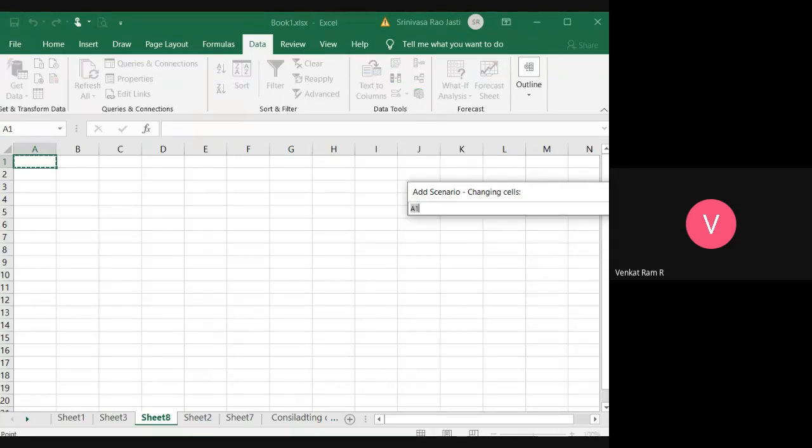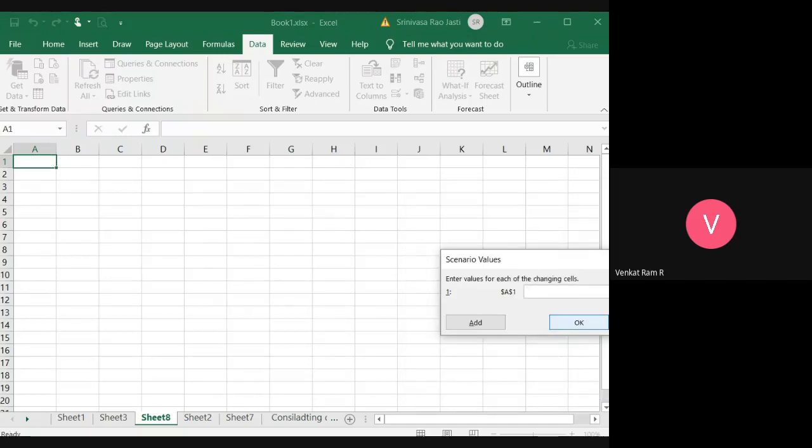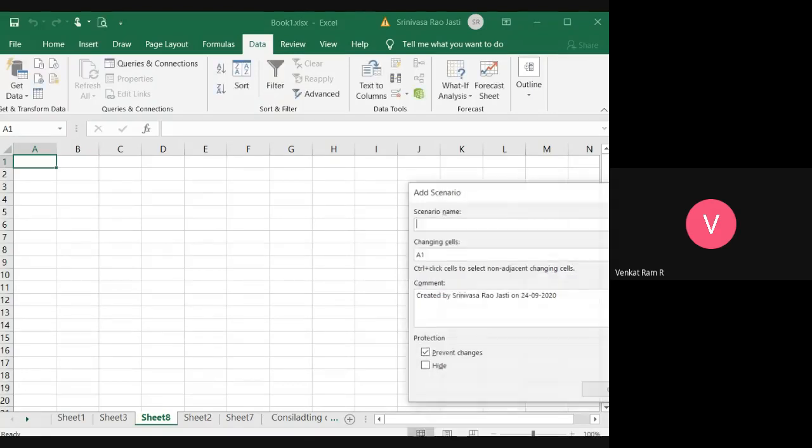Click enter and click OK. It will ask for the value, so that you can enter the value and it will hide. If you want to enter more values, just go to add. Suppose I want Raju to have multiple values, I'm giving some values here.